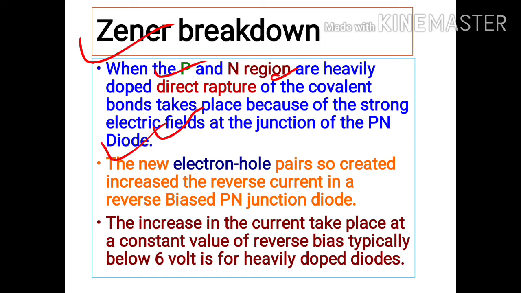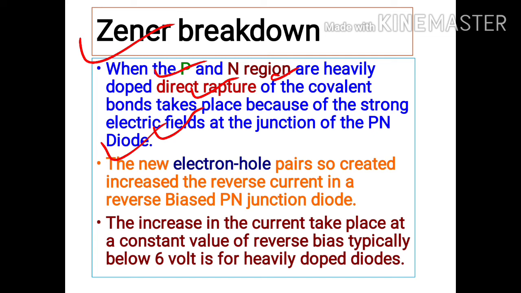Due to the heavy doping, there will be a strong electric field as compared to the case of avalanche breakdown. In case of avalanche breakdown, the electric field was not that strong as it is in Zener breakdown. So due to the strong electric field, there will be direct rupture or direct breakdown of the covalent bonds in case of the